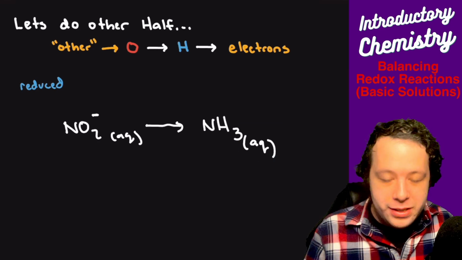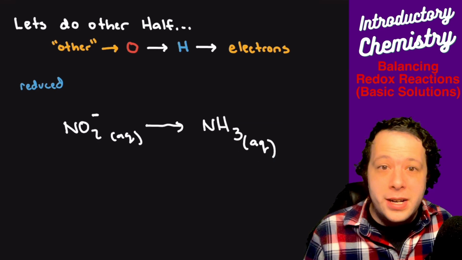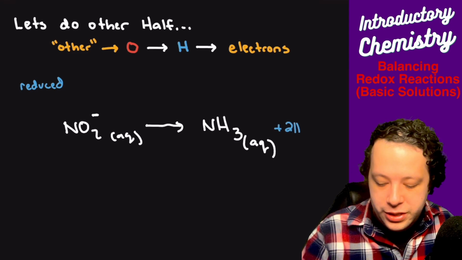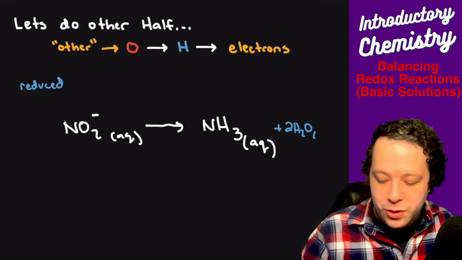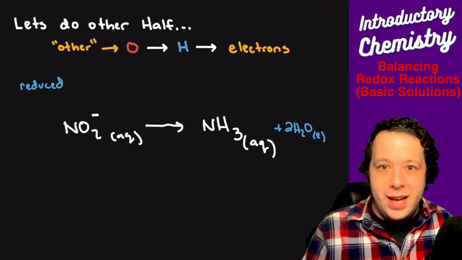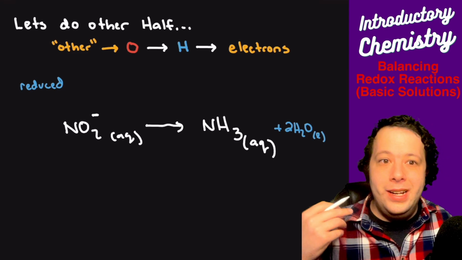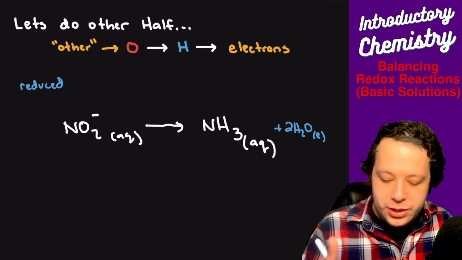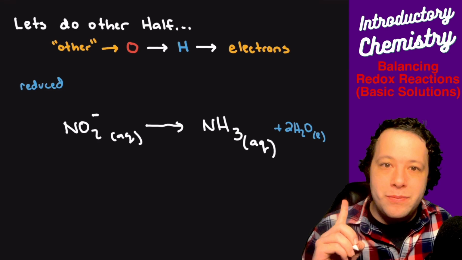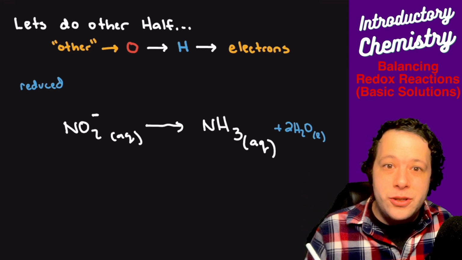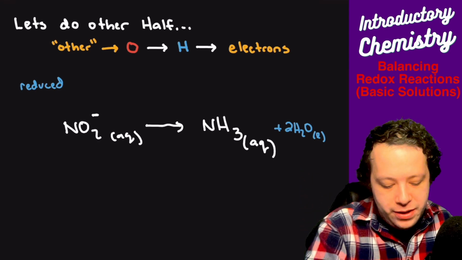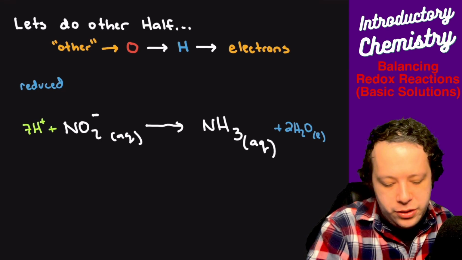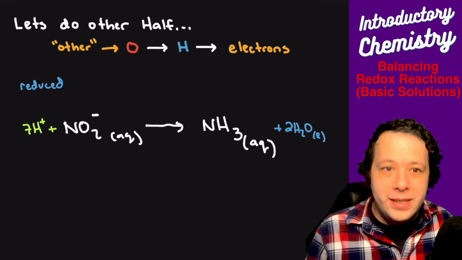So now we're going to balance the O's. We can see we have 2 oxygens on the left. So what we need to do is add 2 oxygens on the right in the form of water. All right. Now we're going to balance our hydrogens by adding protons to this. So I have a total of 4 plus 3 hydrogens on the right. So we have 7 on the right-hand side. So I need to add 7 hydrogens to the left in order to balance this.